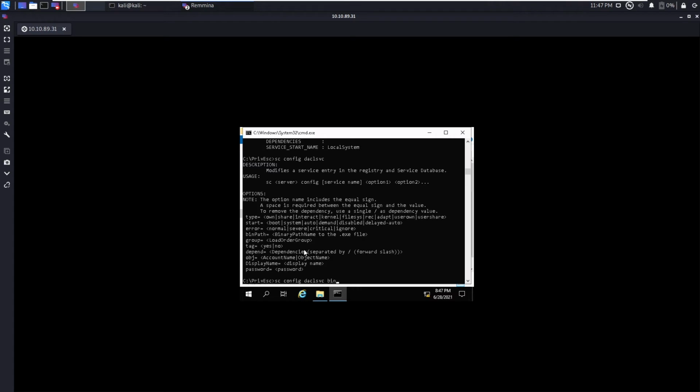We are going to change the binary path to our malicious reverse64.exe. You need to put a backslash for the double quotes.